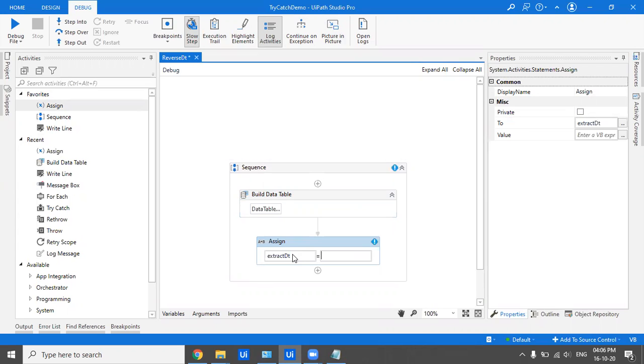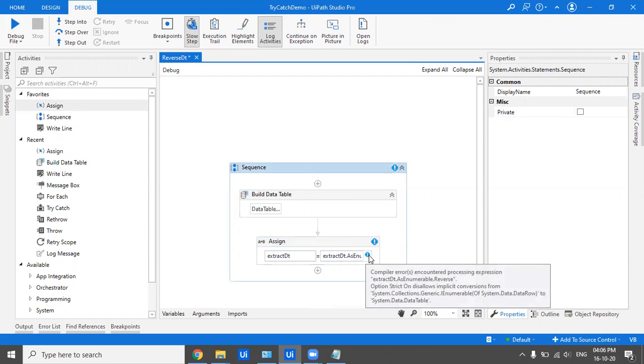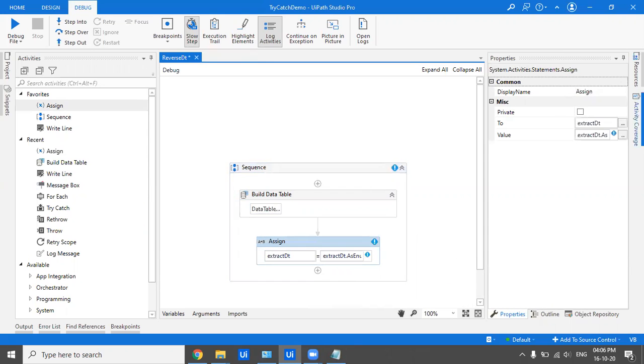For that, we have taken the sample extract dt named data table, and we're going to do extract dt dot as enumerable dot reverse, and we're gonna copy it to data tables. As of now, we're getting an error that it cannot convert a collection of data row to data table.